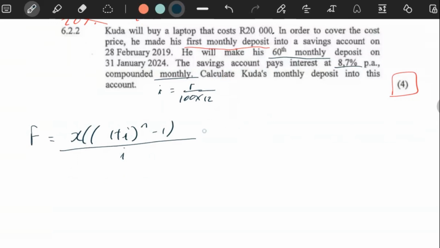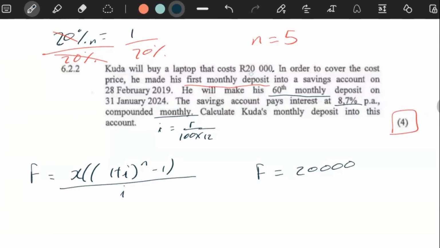We can actually, let's see the information we have. F is 20,000 because that's how much he wants to accumulate towards. He wants to build his money. He wants his money to gain interest until it's worth 20,000. After 60 deposits, you see, he makes his 60th deposit on the 31st of January, and then it says here